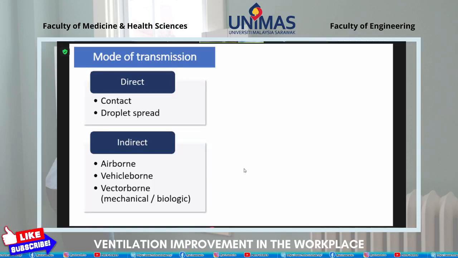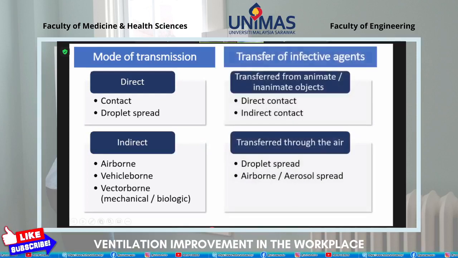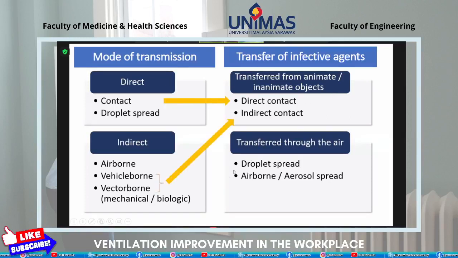We can also view the transmission of disease from the aspect of transfer of infective agent, how this infective agent transfers from one person to another. You can view it from the transfer from either animate or inanimate object. I will talk about this. This is mainly the direct contact or indirect contact. Then you can also view the transfer of infective agent in terms of transferring through the air. And this is where